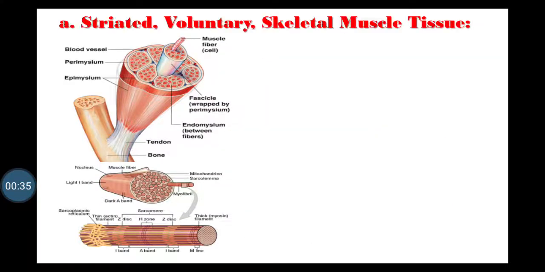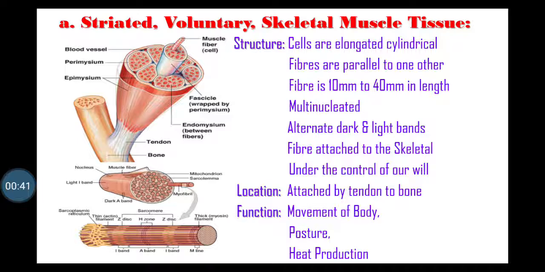First, we start with the striated voluntary skeletal muscle tissue. Cells are elongated, cylindrical in shape. Fibers are parallel to each other. The fiber is 10 mm to 40 mm in length. It is a multinucleated fiber. Each fiber has alternate dark and light bands, that is striations, and hence referred to as striated